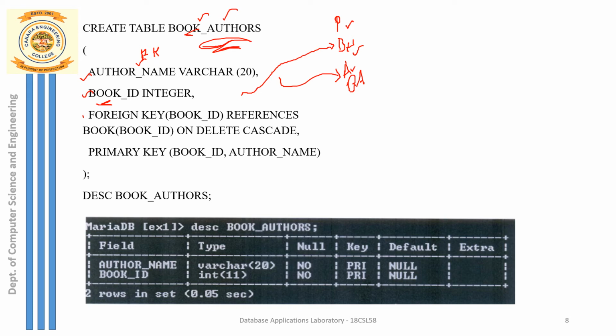So what is the primary key in this particular table? In this table the primary key is a combination. I have one primary key which is nothing but the combination of author name and book ID. What is the meaning of the combination of author name and book ID? Suppose I take one example, I have an author called Navate. Your DBMS textbook author is Navate. So I have this Navate who has written a textbook, which is the textbook?